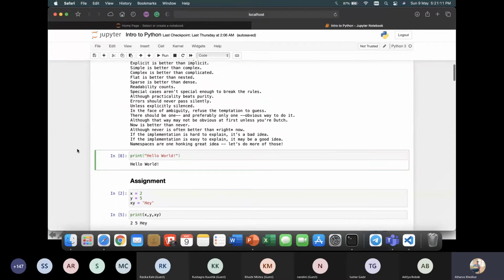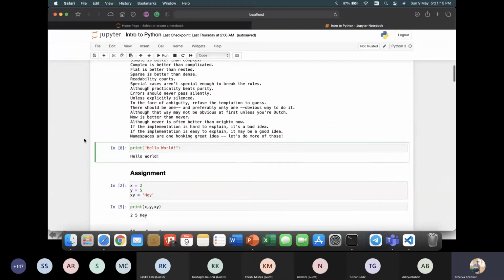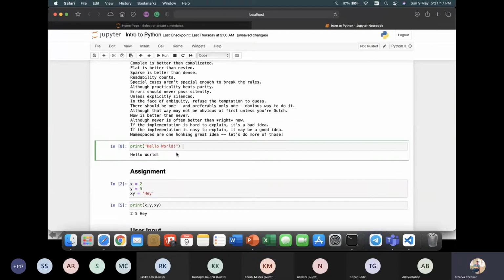The next thing is always start your code with hello world. If you're coming from a C++ background, you may be using cout. If you are from C, then you would remember something like printf and scanf, and you must be specifying what data type you are trying to input, so you must be using %d, %f, %s.